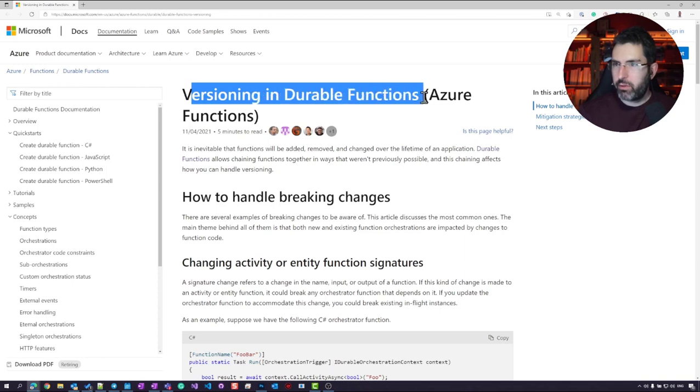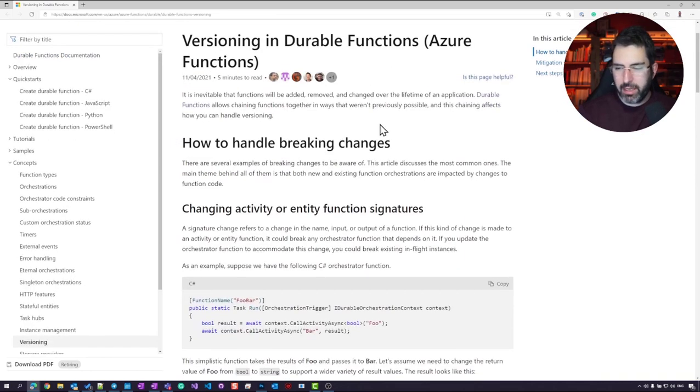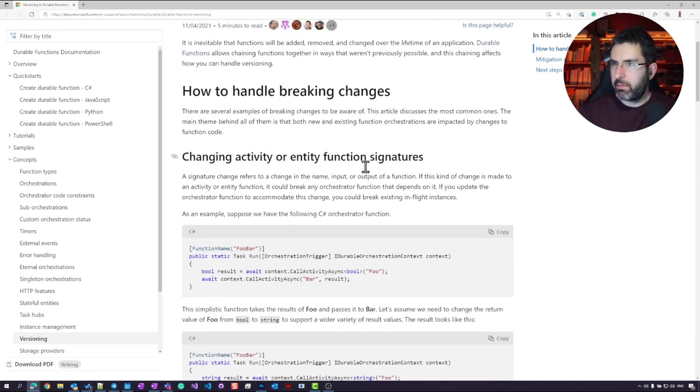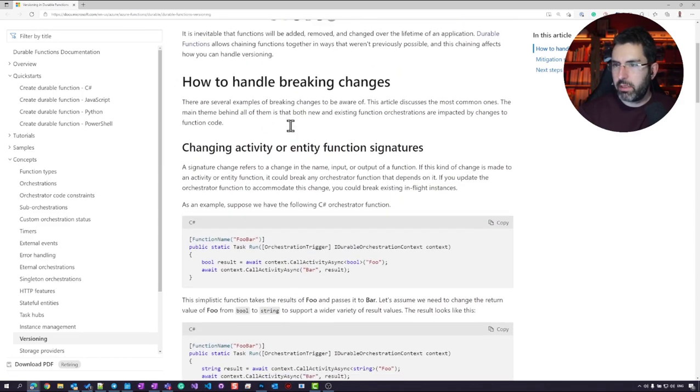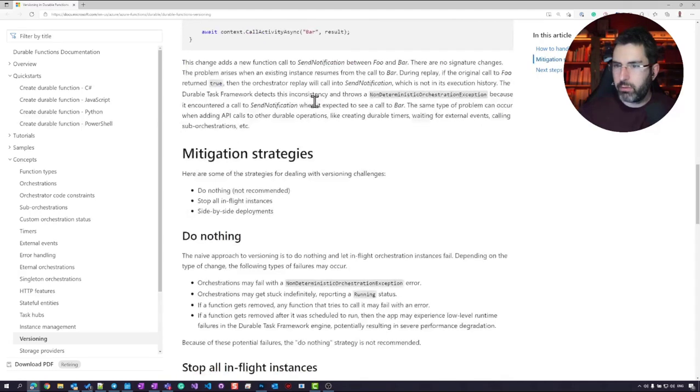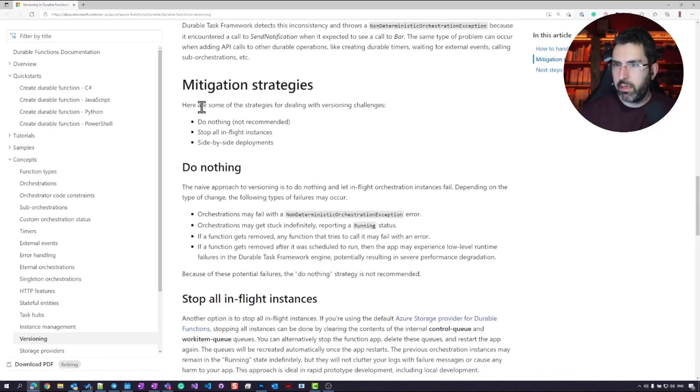But when it comes to versioning in durable functions, to be honest, there isn't a lot. This is the official documentation. I looked it up in case there was something that I'm missing. They're simply listing the types of changes that you might make that might cause problems. And then here are the suggestions. First, do nothing. Not recommended, definitely. The person who wrote this documentation had a nice sense of humor: the naive approach. Okay,